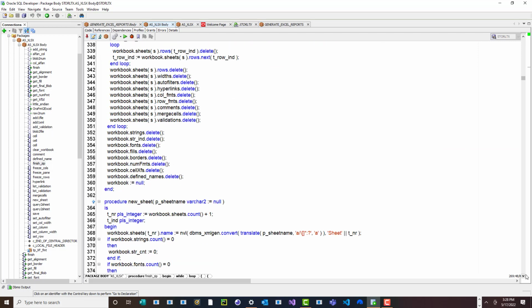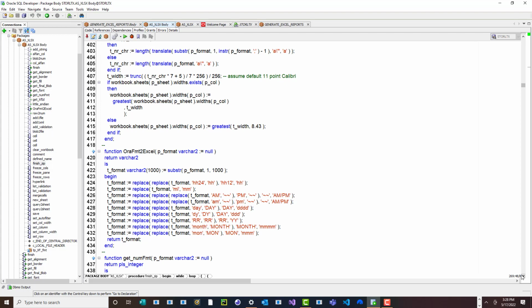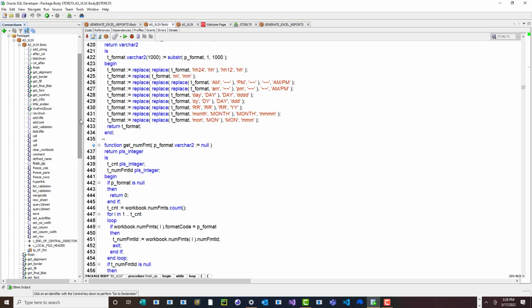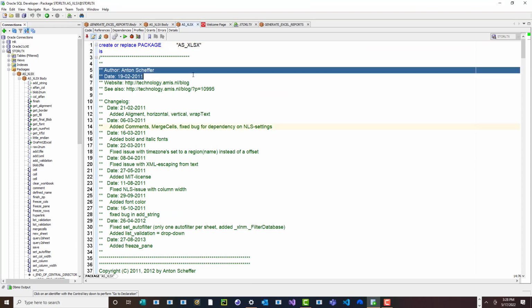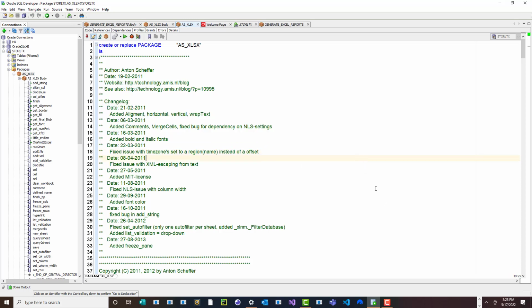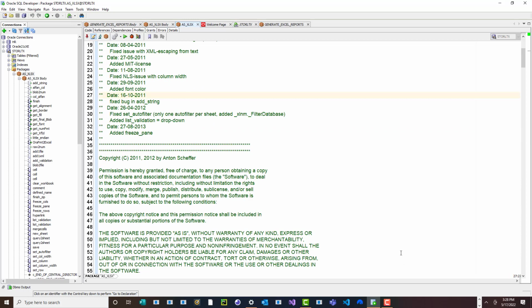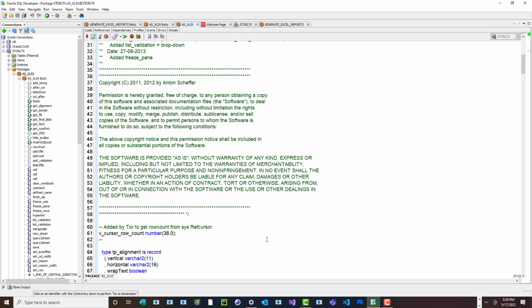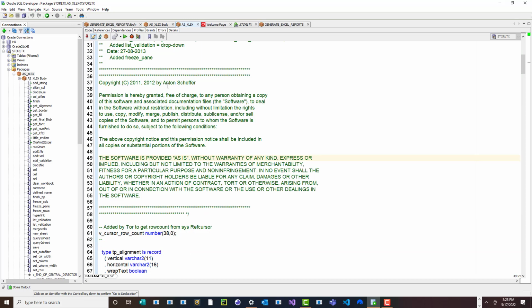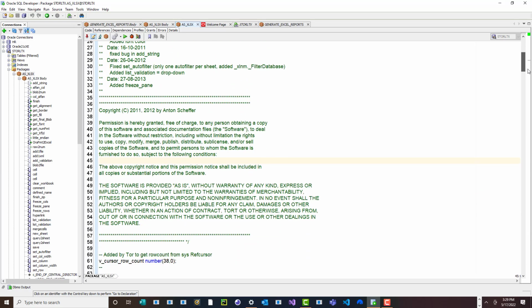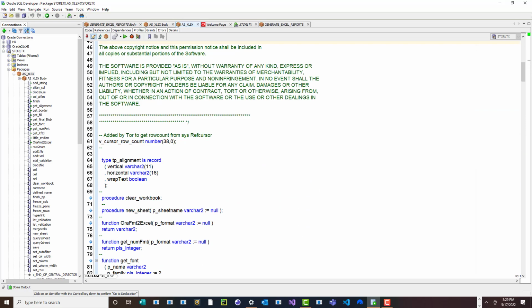So this package I've seen available on GitHub. If not, in the actual package header here, you can see Anton created this package back in the 2011 timeframe and probably worked on this for a while. But you can use this and you can change things, as long as you keep his copyright information here. Then you can use this free of charge. I used this package before in my actual work, and it worked really nice,